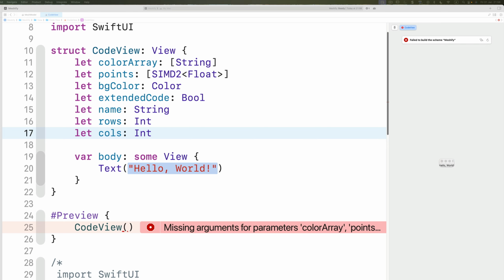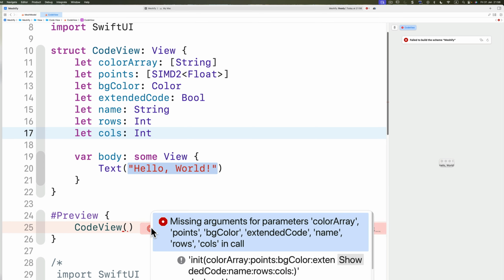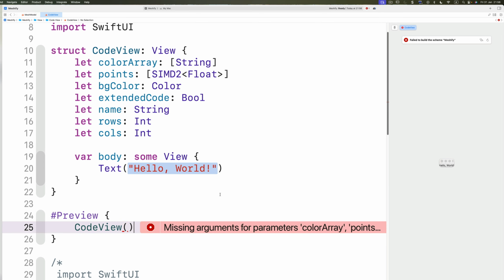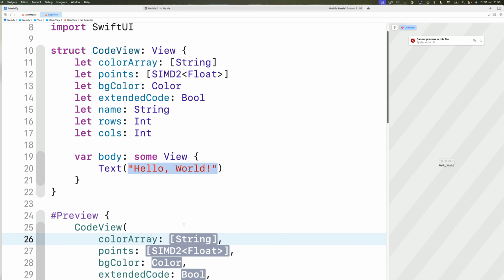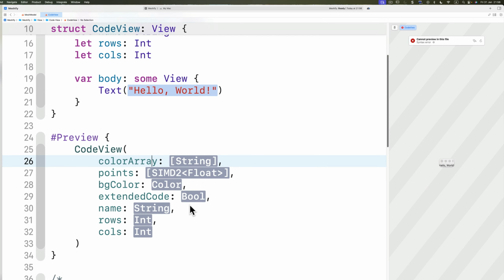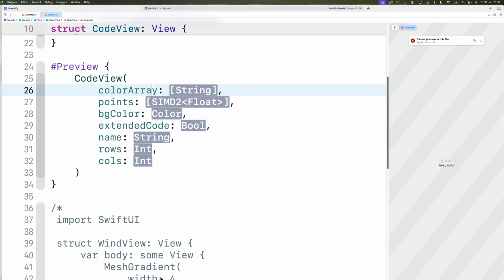And I also want to define our view name. Okay, so we do have quite a lot of things to do here. Now we're missing arguments, so let's take care of that. Let's press Control M, and we would like some sample code. And we have some sample code here, right? So we would like to reproduce